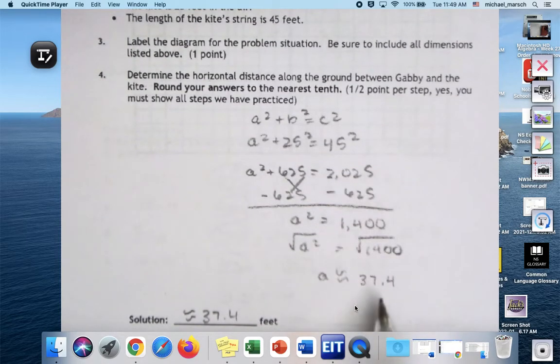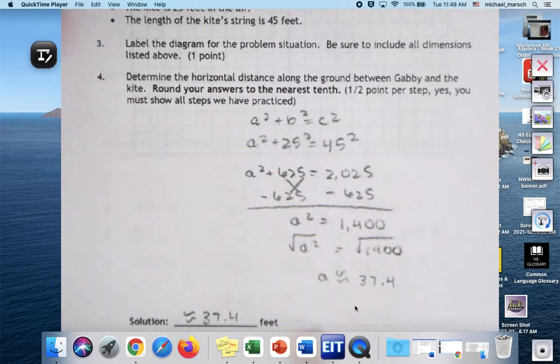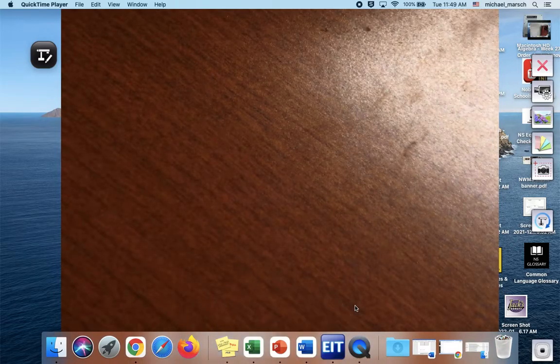Okay, so about 37.4 feet. If you just have 37.4 feet without the squiggles, that's fine. Questions? All right. Number 5,